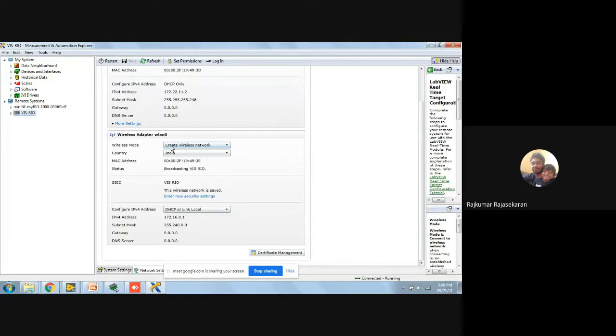Now it's acting like a hotspot, which means I can connect to it using Wi-Fi. In my cell phone, I can switch on the Wi-Fi and connect it to my myRIO. And that got connected.